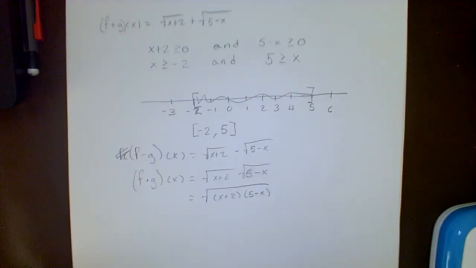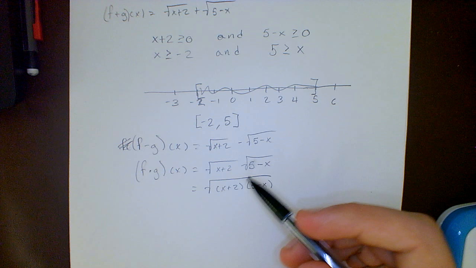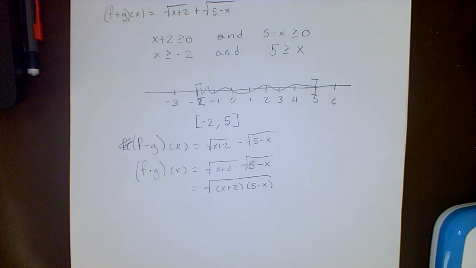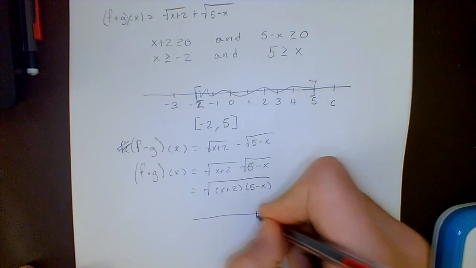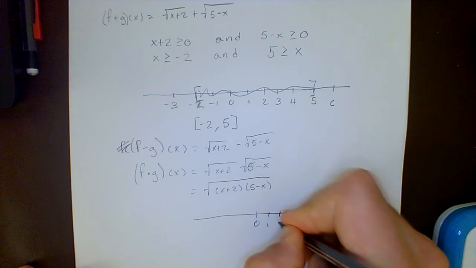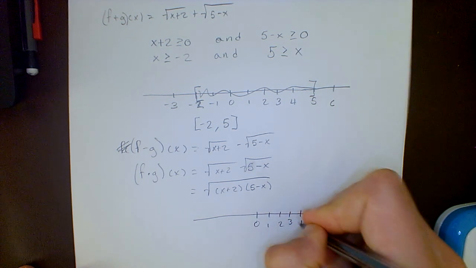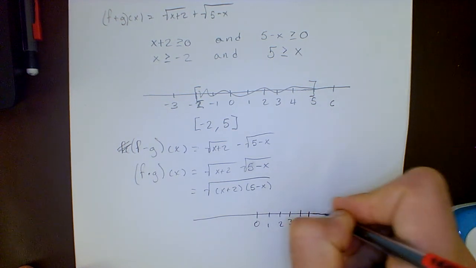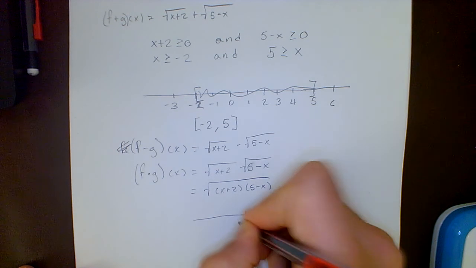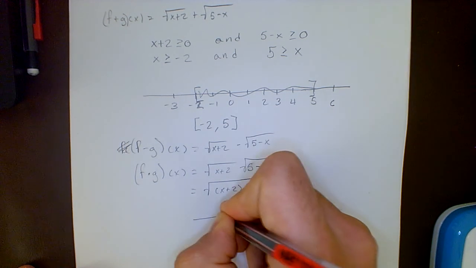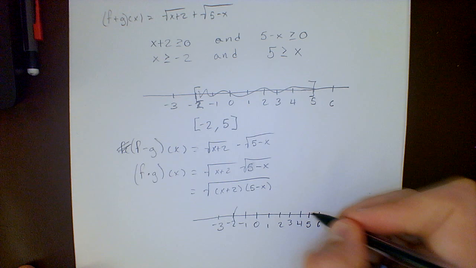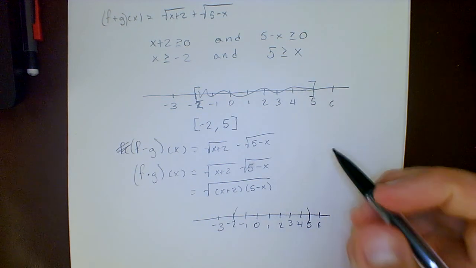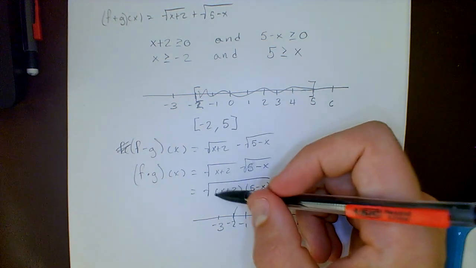Right, sorry about that. So if we use our test point method, that's the one where we draw our interval here, just to refresh: 0, 1, 2, 3, 4, 5, and then 6, negative 1, negative 2, negative 3, and so on. Remember, with the test point method we would solve the inside function